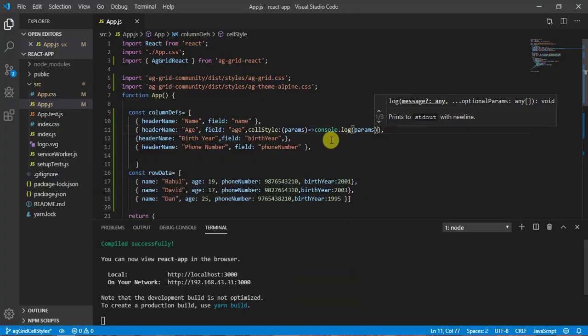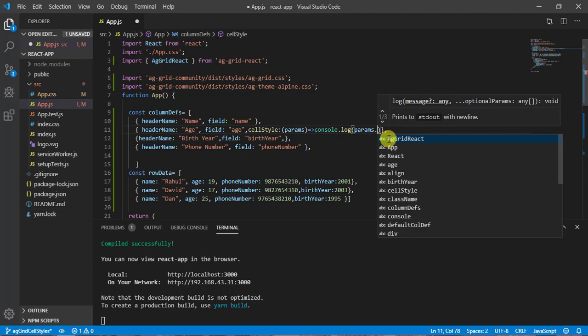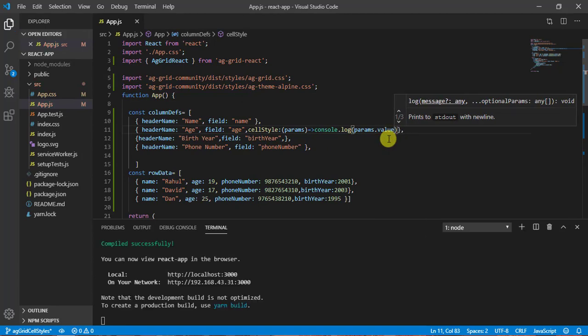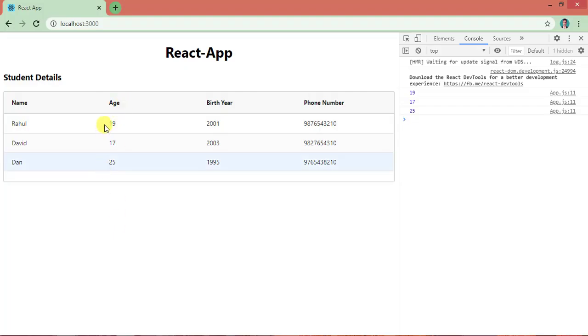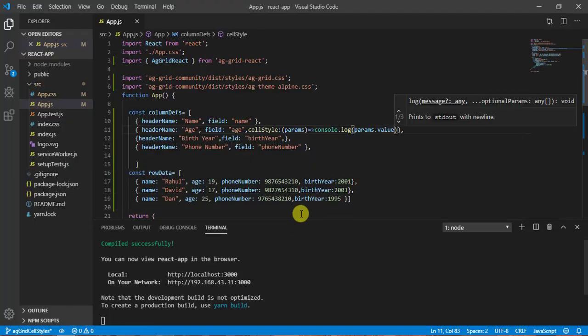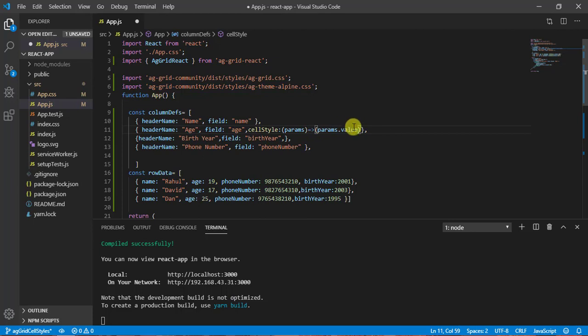So now instead of doing console log, we need to return a style. So what we can do is write here params.value. By writing this, we will get the value of age of each row. Now we need to return a style. So let's remove this one and write the condition here, greater than 18, and use a ternary operator.